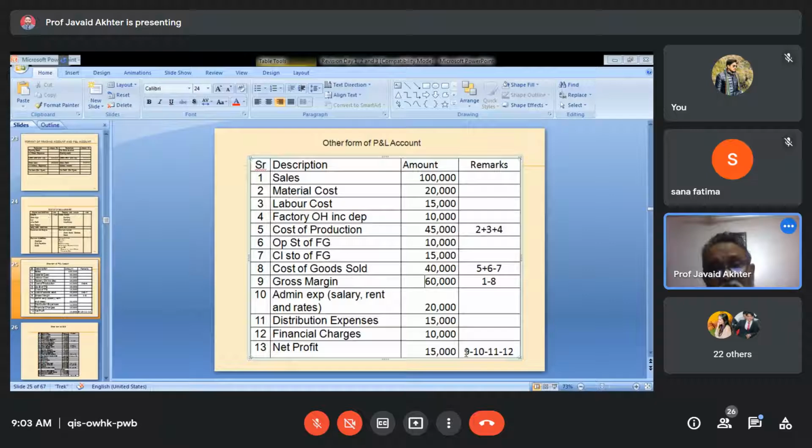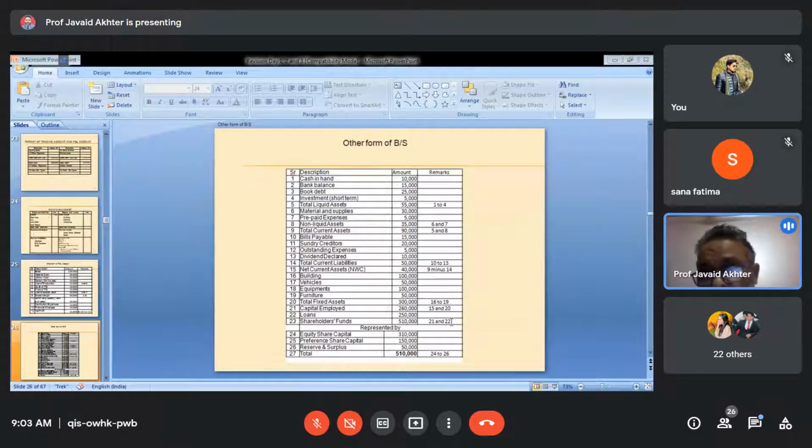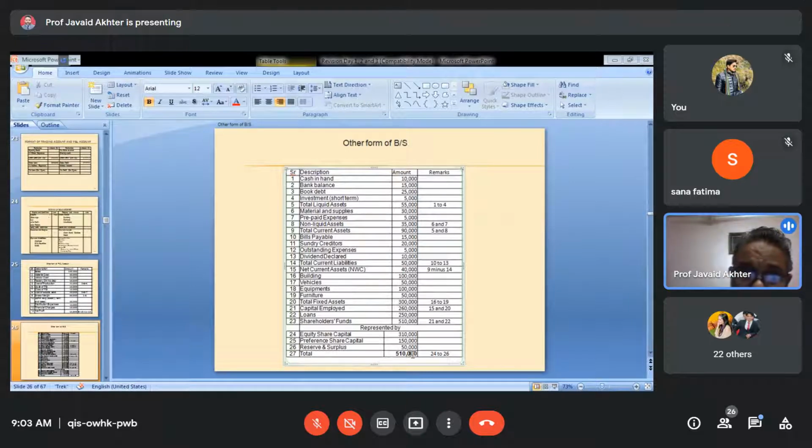So if you transfer this data to the conventional profit and loss account, still you will get a profit of rupees 15,000. It is merely a way of presentation. Same is true with the balance sheet. Balance sheet can also be represented like this. So you see both sides equal 5 lakh 10,000, 5 lakh 10,000. So there are various ways in which it can be presented. These are the ones that I have explained to you.